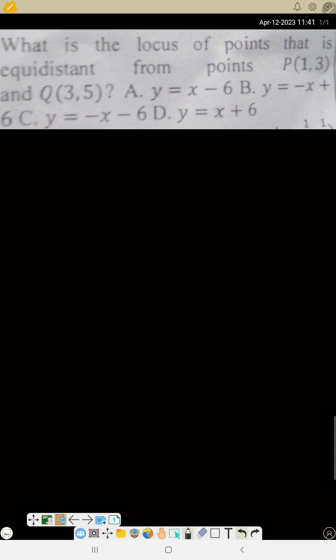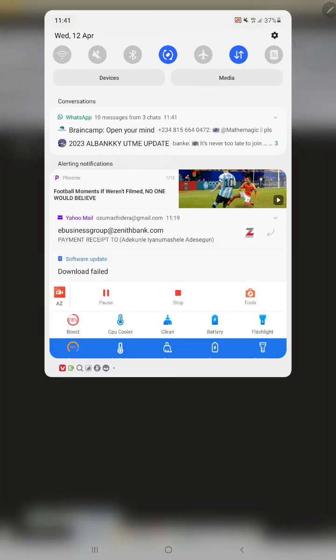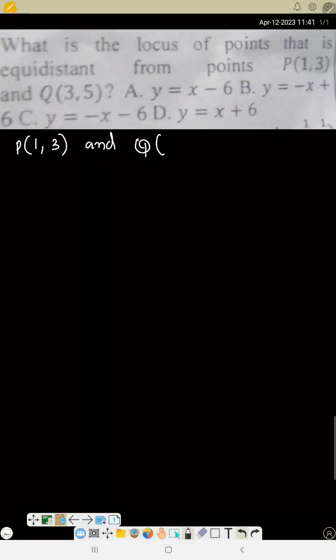But if you want to use the formula without passing through that process, we have point P and point Q. Q is (3, 5). So for this point, this is x1, y1, x2, y2. Now this is the formula: